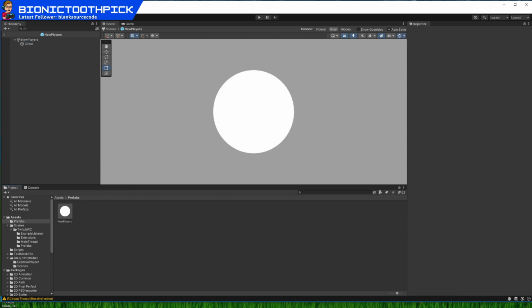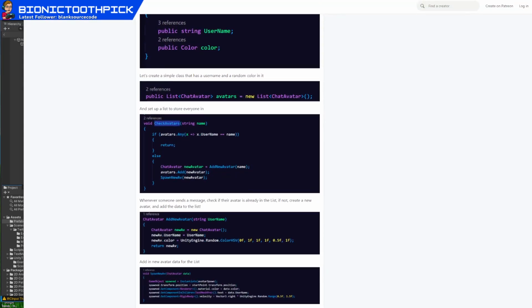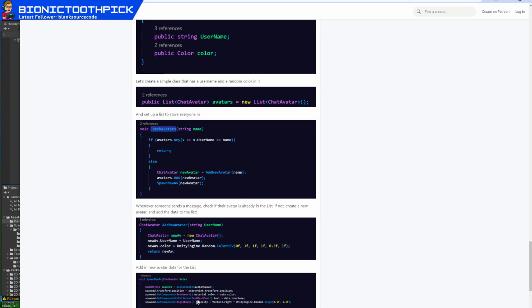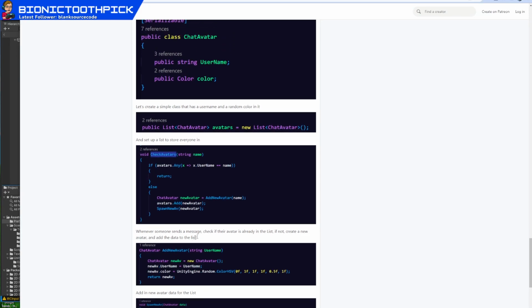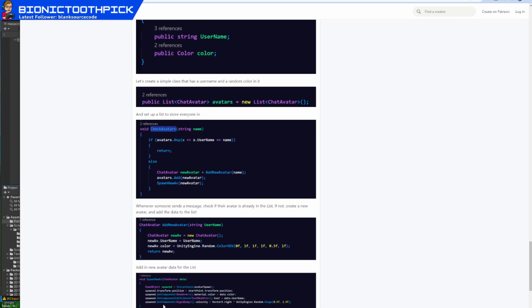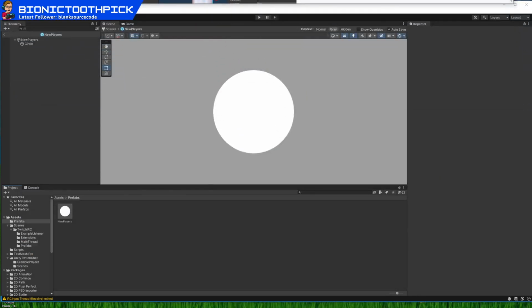Let me see what they did in their one script for their text mesh. Whenever someone sends a message, check if their avatar is not on the list. Okay, add a new avatar for the list. Renderer, Text Mesh Pro. It's just called Text Mesh Pro. Spawn, get component in children, Text Mesh Pro, .text, data, username. Very similar to what I want to do. If I come back to my script,